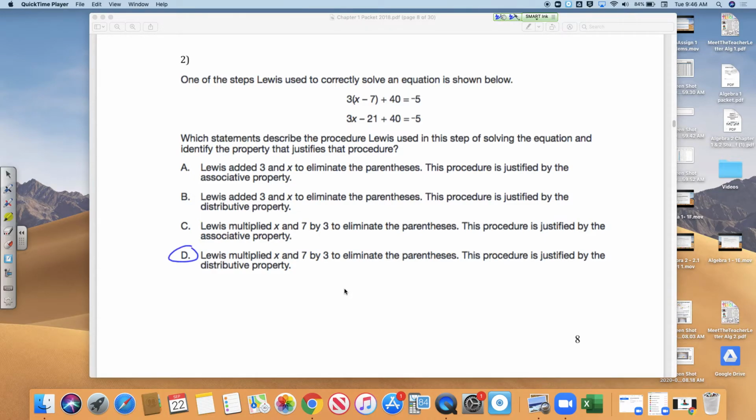So it couldn't be A because no associative property was used. It can't be B because we didn't add anything. You don't add in the distributive property. It's not C because it says the associative property, which is not used, so it has to be D, the distributive property. All right, so the last thing we're going to do is take a look at this last page